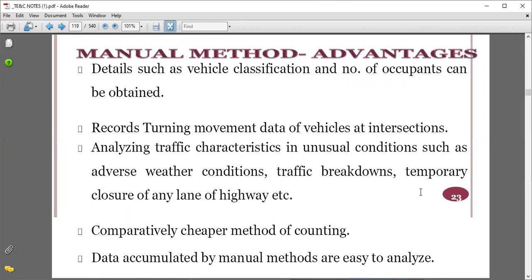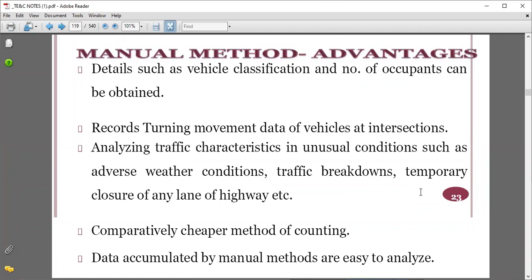So what are the advantages over here? We can see about this manual counting method. The details such as the vehicle classification and number of occupants can be obtained. Means we can analyze, because there is a sheet with us, so that if the number is with accuracy, we will get